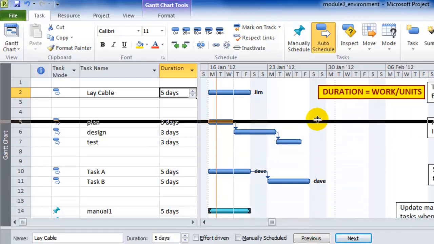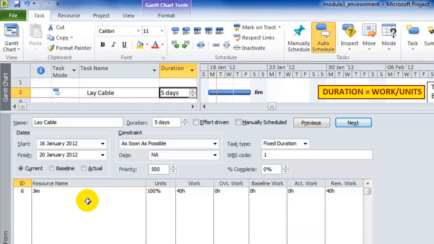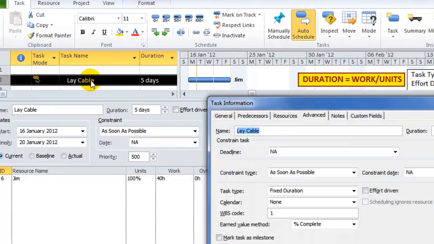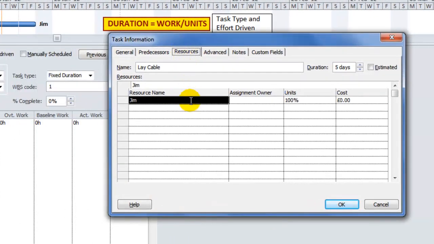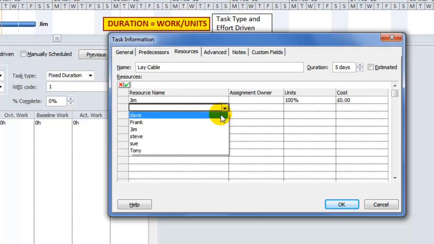If I'm just going to pull this up here so you can see more easily. Here's the task, and here's Jim. You can see here Jim's got 40 hours of work and he's on this task on his own. Fine. I'm just going to double click on this, and what I'm going to do is go to the Resources tab, and here you can see Jim. If I click underneath it and add someone else, say Frank,